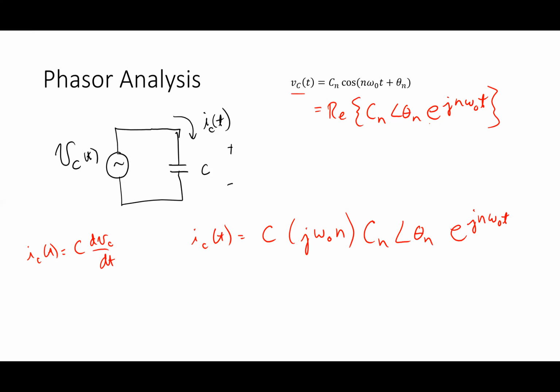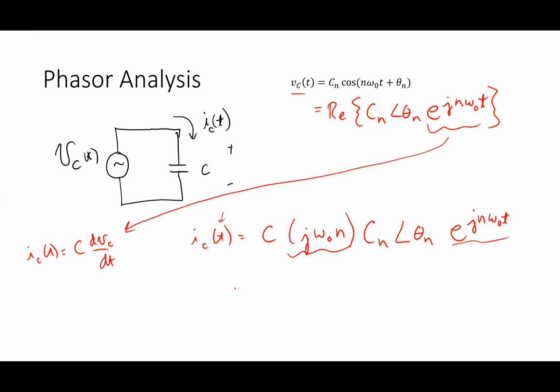In other words, every time we plug an e to the j n omega naught t into a derivative expression, a j n omega naught appears here at the front. Okay. Now, because i sub c of t is also going to have an e to the j n omega naught in it,